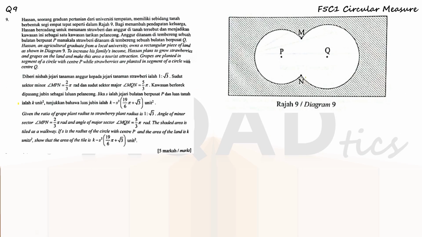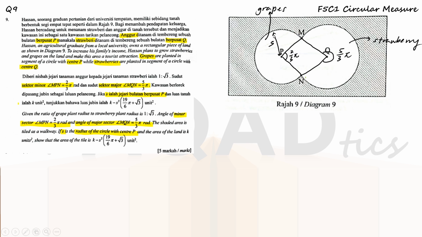Alright, question 9 comes from the chapter circular measure, and here there's a lot of information, so I will highlight and also draw some things on this diagram 9 at the same time. Right, so the first thing is for this circle with center P, we need to plant grapes, and the other circle we plant strawberries. So here there's a minor sector MPN, and the angle would be 2 over 3 pi. So minor sector means the smaller part of the circle, okay, this here. And the major sector MQN, so it will be somewhere outside, and this is the angle, 5 over 3 pi radians. And the radius here is S for circle P,